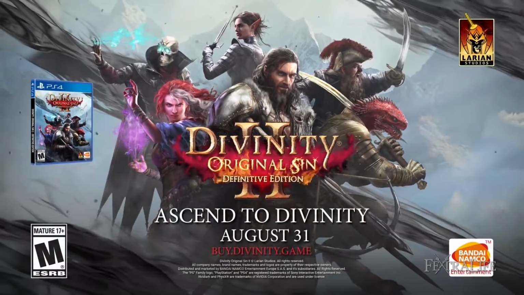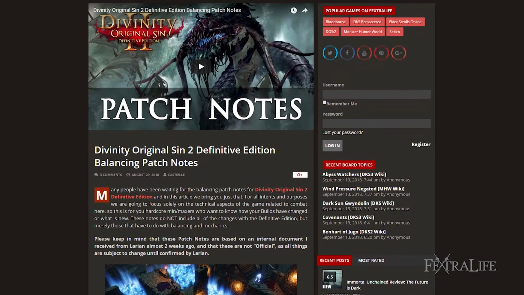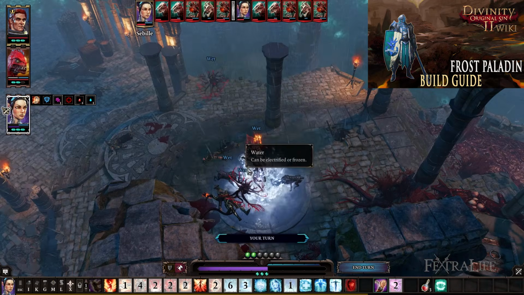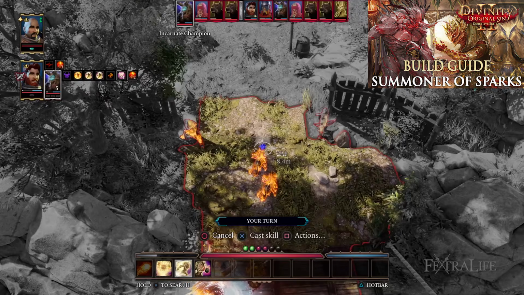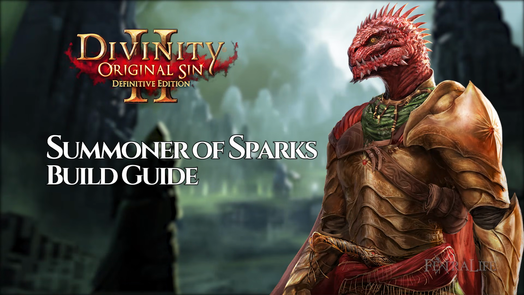Divinity Original Sin 2 Definitive Edition arrived a little over 2 weeks ago, and with it came some interesting changes to the game. While most builds remain untouched, there are some tweaks to a few of them. Players have been asking me not only to update these builds, but also create new ones. In this guide, I'll be introducing the second summoning build this week, Summoner of Sparks, and explaining just how it